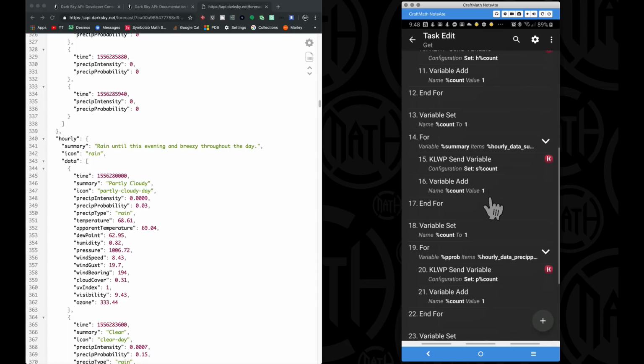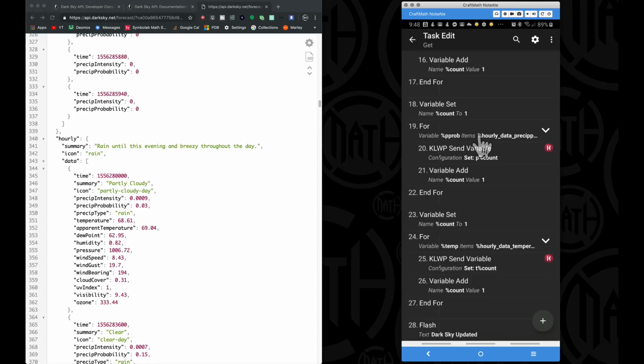And if you scroll through these, basically I'm giving it some name. Now I'm looking at the percent probability, so I'm calling this pprob. And then when I send it over to KLWP, I'm calling it P1, P2, P3 inside of this for loop. All of these for loops are the same. So let me come down here and I'm going to highlight this,